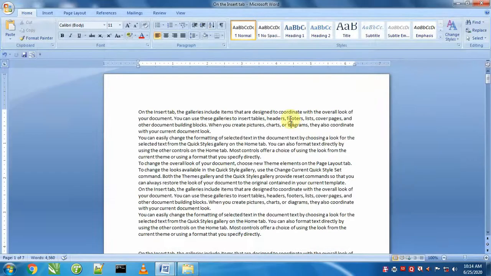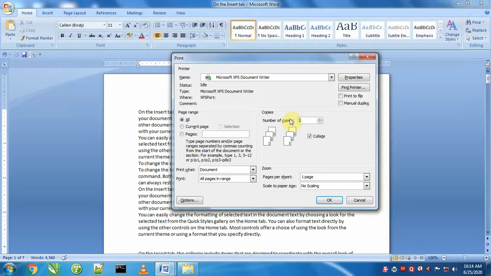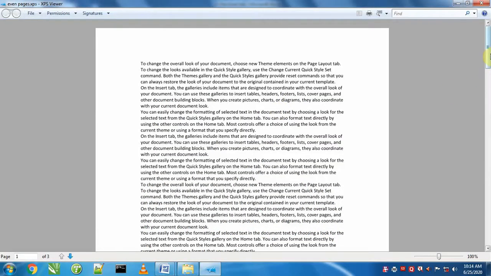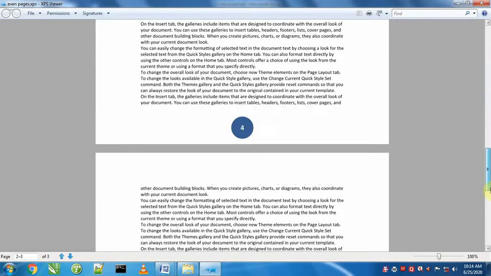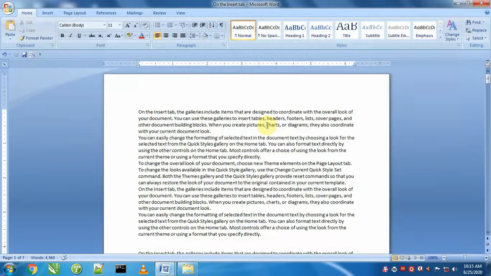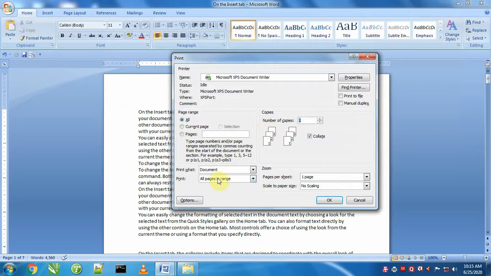And if we say print even pages, then it will print even pages like this, 2, 4, 6. So whatever format of pages you want to print, even pages, odd pages, all pages, we can select from here.